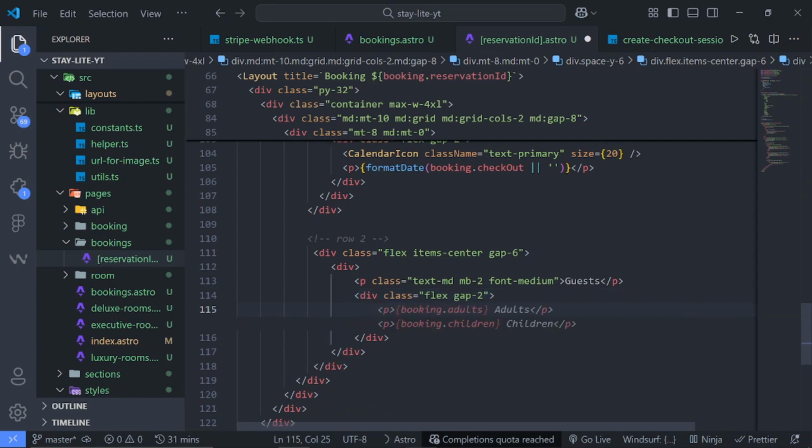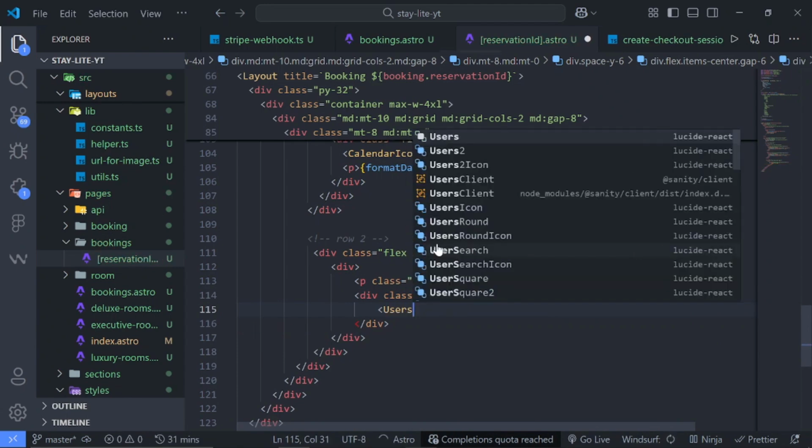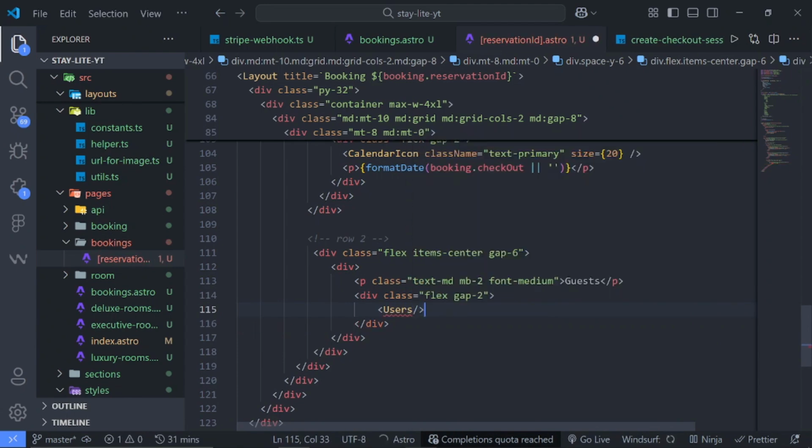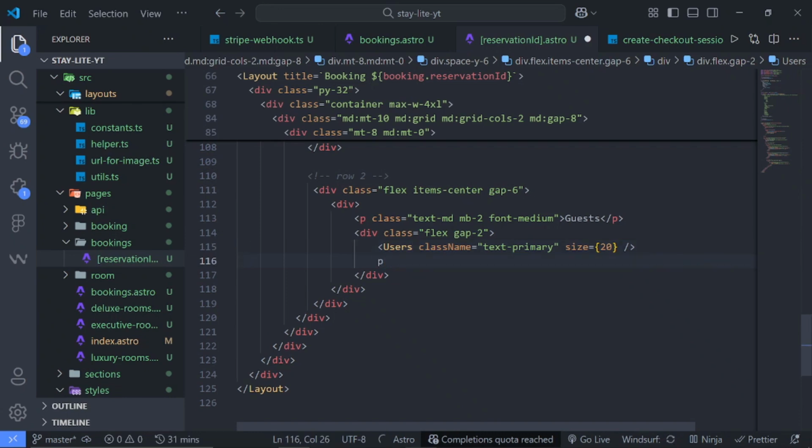Inside this, we'll pass in the user icon, or rather I think it's the Users icon, and this will also have a size of 20 as well. And for the styling, it's going to still be text-primary, and I don't know why this is not coming in. Okay, so now it's imported. So right here, we'll bring in another p tag,